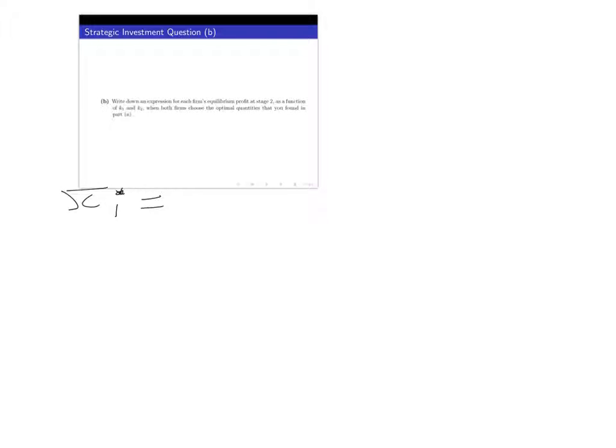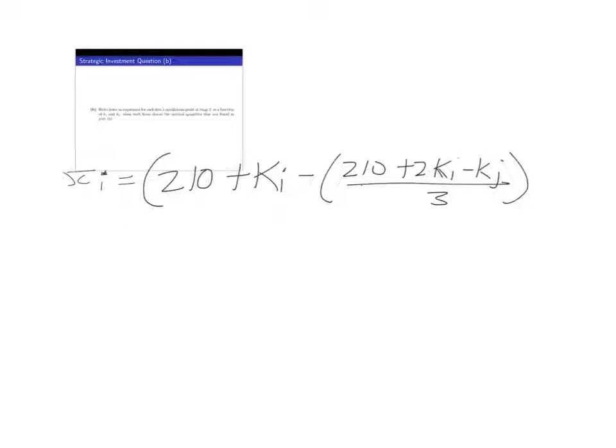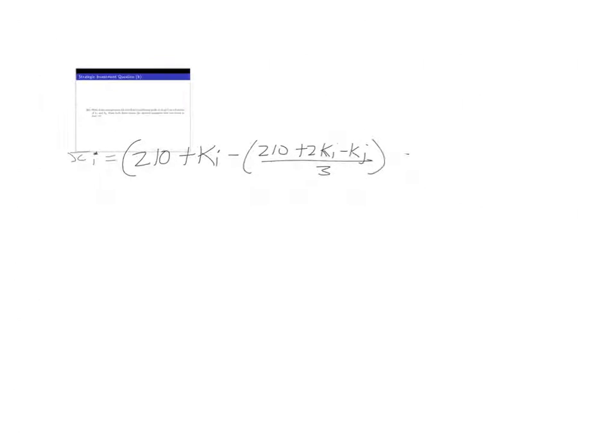So firm i is going to have a profit equal to 210 plus Ki minus (210 plus 2Ki minus Kj over 3) minus (210 plus 2Kj minus Ki) on 3,